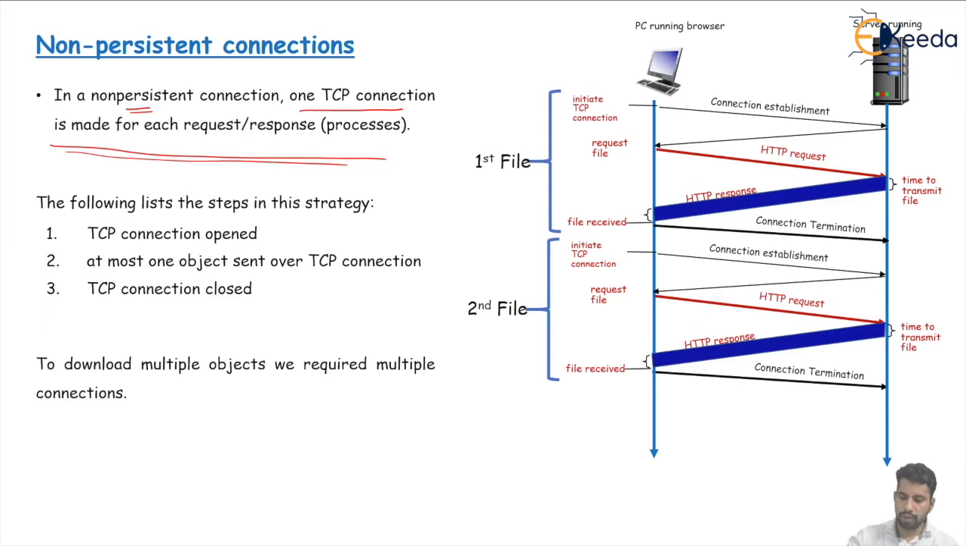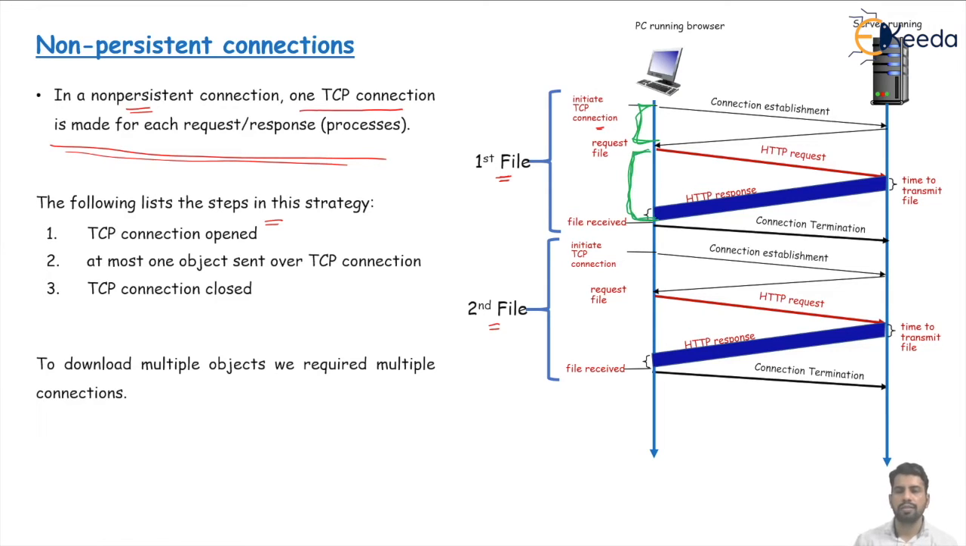The following will happen in this strategy. Here we want to download, or access, two files from the server, and both files are on the same server. For the first file we need to set up a connection. Here the connection setup will take place. Then the request will be